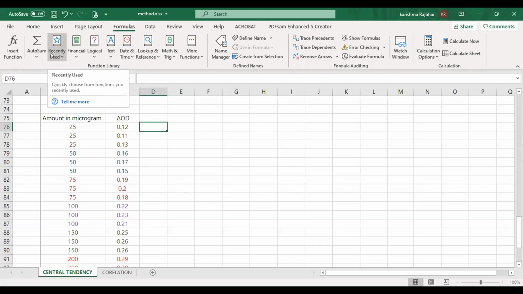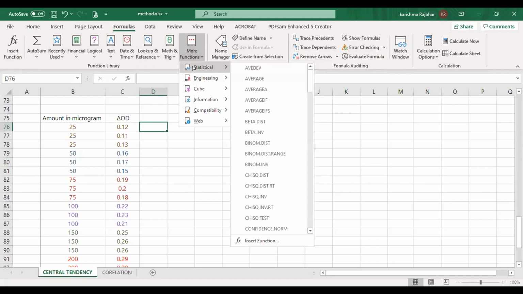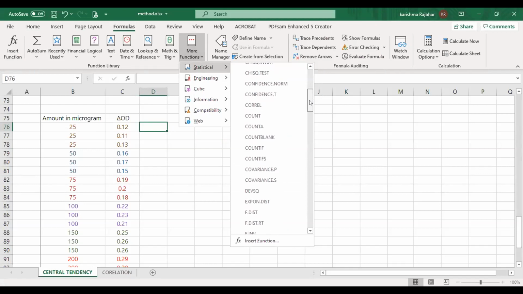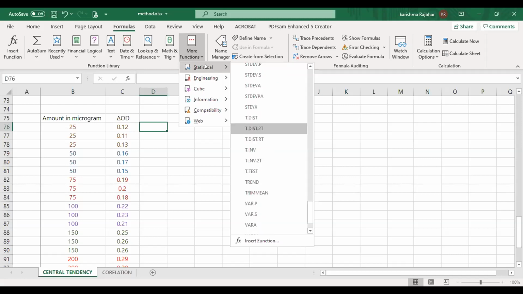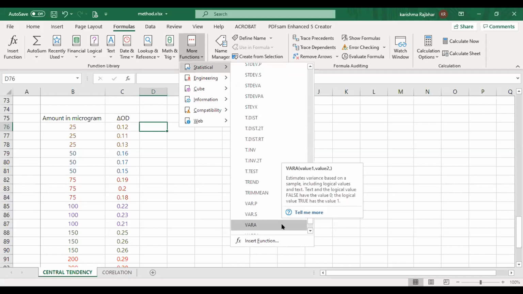But if you are not using it, then go to more functions, select statistical applications and go for all the tests. See here, you can get all of these: average, chi-square, counting, f-test, correlation, everything is present here. Okay. In more functions, statistical, you go for your t-test and all things. Clear, students? Are you understanding? Or should I go slow?